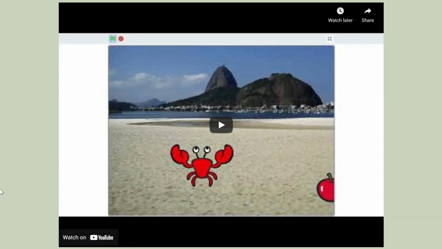Do you know? If an animal eats the wrong food, it can get sick. For example, crabs shouldn't eat apples. This time we will move a crab to the apple. But since this apple is a kind one, it doesn't want the crab to have a stomachache. So the apple will run every time the crab touches the apple. The result is like this.